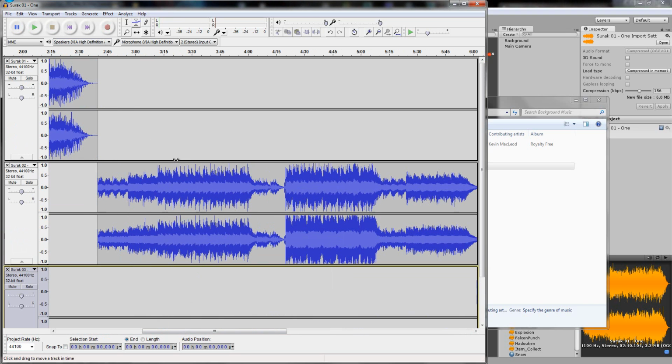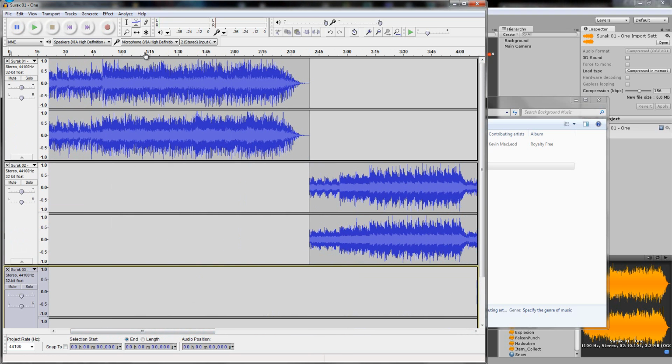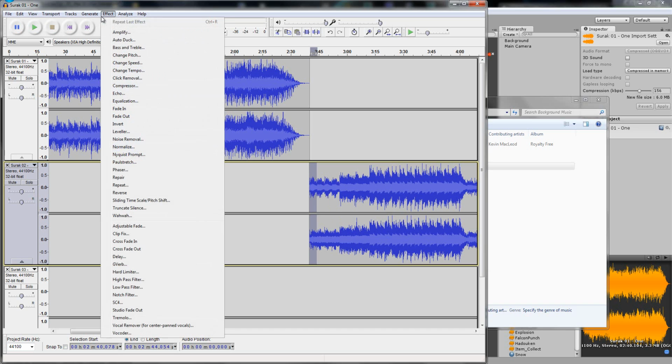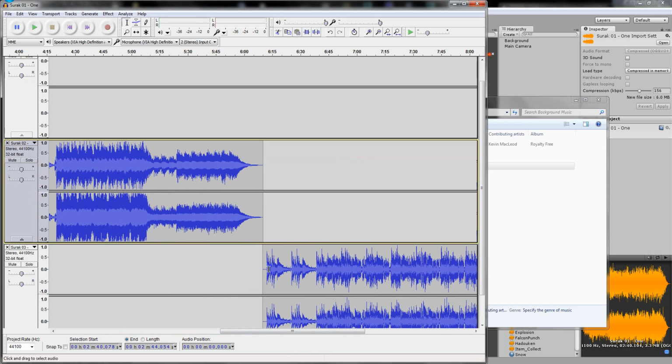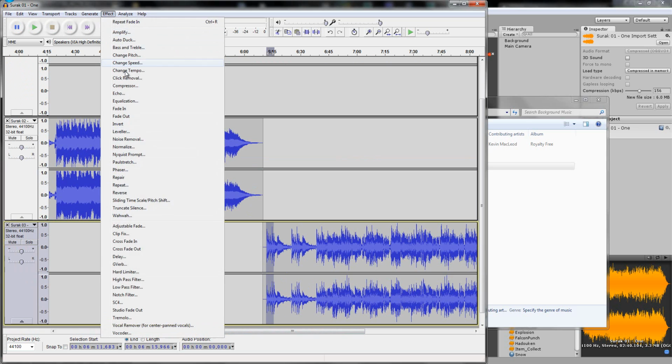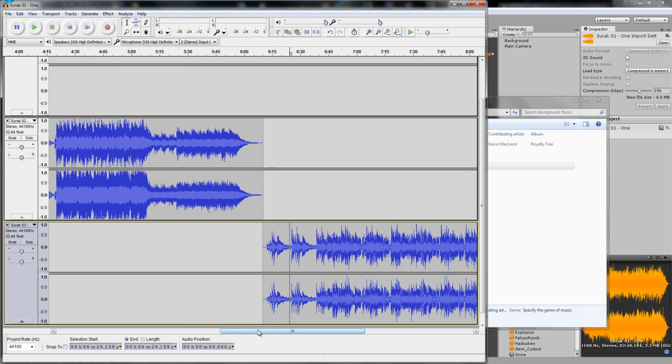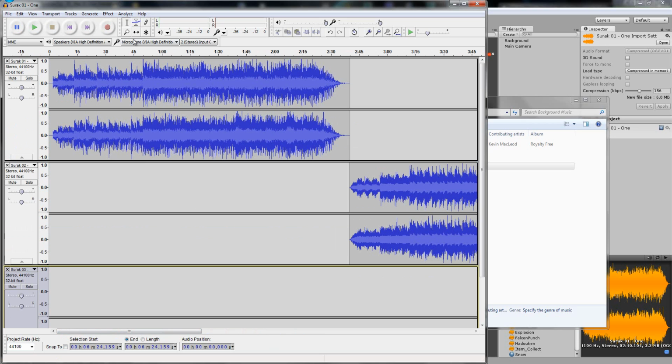So you could add some effects to it so it fades in, which I'll show you one little one. So if we go to the cursor tool, selection tool, and just select the first bit of this one, just like that, and I'm going to go effect, and then you want to look for fade in there, and then it'll simply fade it in so it doesn't start boof and then carry on, it goes boof and then carries on, so it fades in nicely. And then I'm going to do the same for this one here so it doesn't just break straight in. Boom. So make sure you haven't selected anything, and then you can test it by clicking places and then just click play button and it'll play,